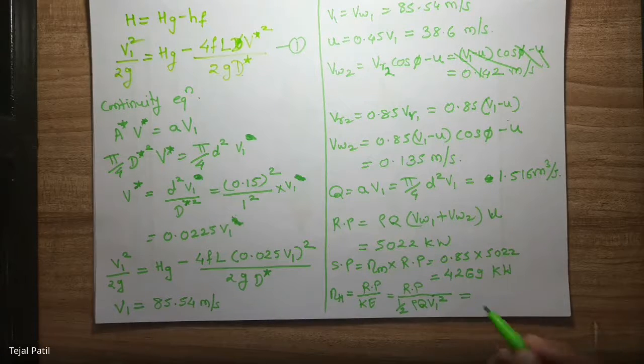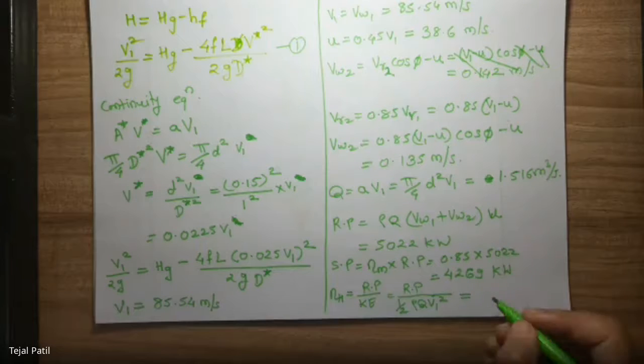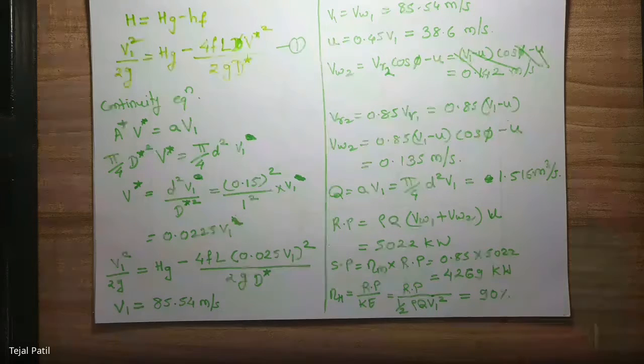And tell me what is the hydraulic efficiency, how much is it? How much is the hydraulic efficiency? Okay, 90.14, 90. Yes, 90. So near about you will get 90%, right? This is the hydraulic efficiency. And I think the last thing remaining is the overall efficiency. 90.1 is also correct.